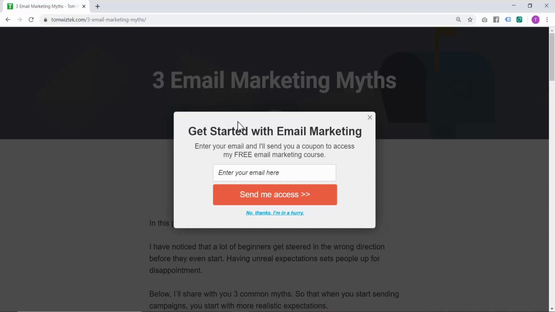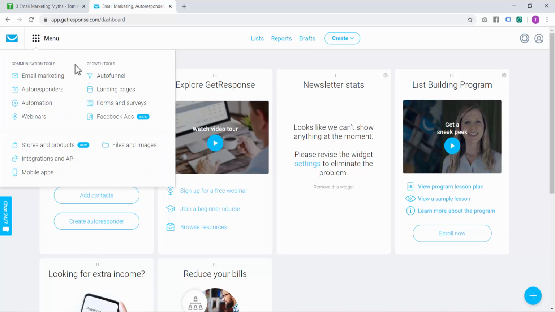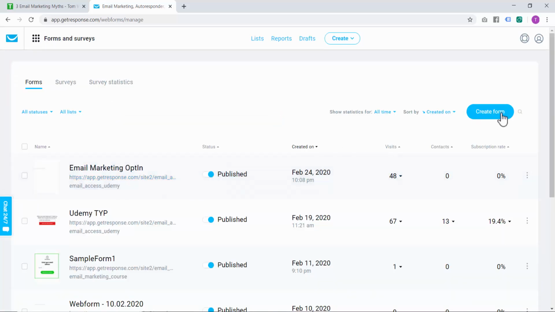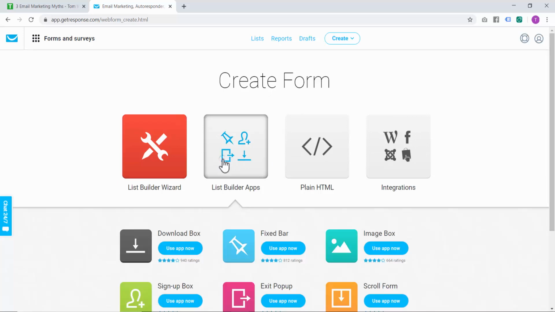So here's what I'm going to use for this. I'm going to use GetResponse. So I'll go to that service. Here I go to Menu, and then I click on Forms and Surveys. And then I can create a form. Here I click on List Builder Apps,